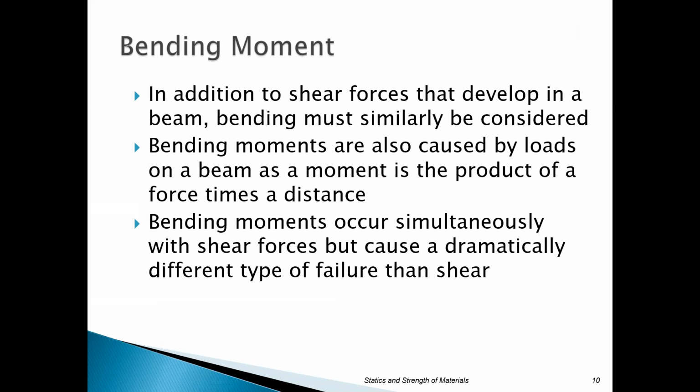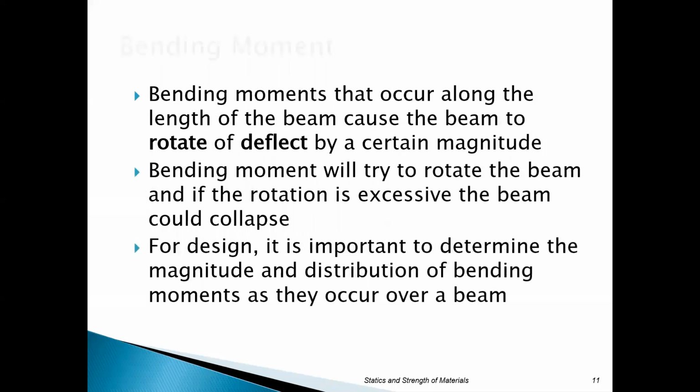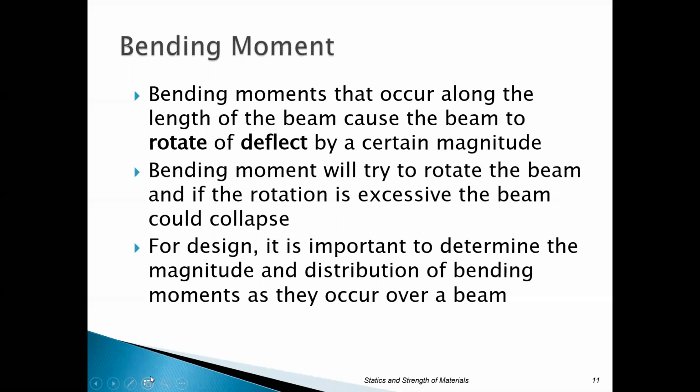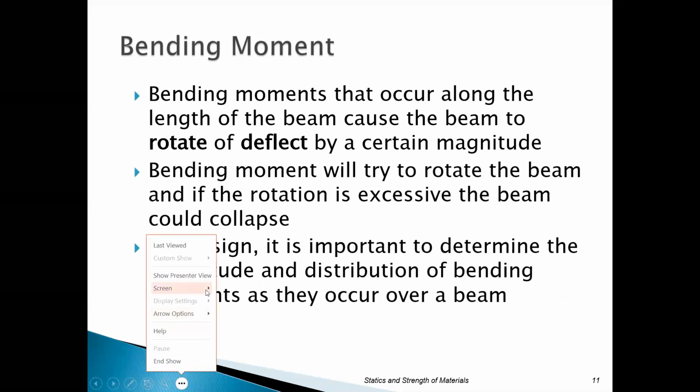And so we just used that when we solved reactions, but we're going to see how that works in the beam. So bending moments occur simultaneous with shear forces, but they're going to give you a totally different type of failure mode. So remember, shear wants to rip that beam apart, where moment's going to want to bend that thing along its axis. And you can either call it rotating that beam or deflecting it. And deflecting is probably a little bit easier to see, because what that's trying to do is try to move that beam either up or down. So what I'm saying here by that concept of deflection,